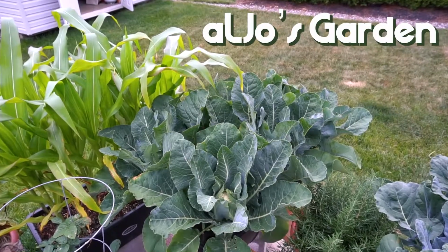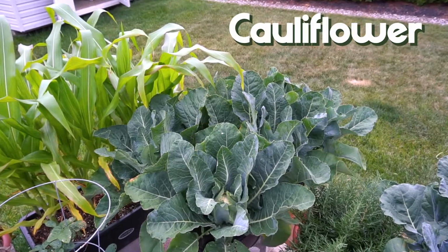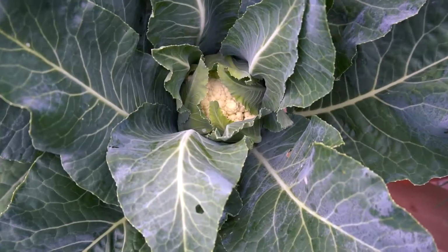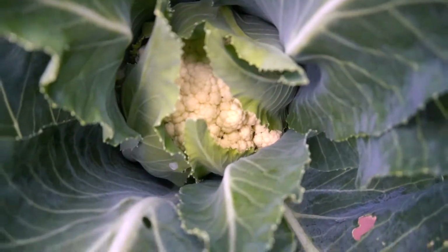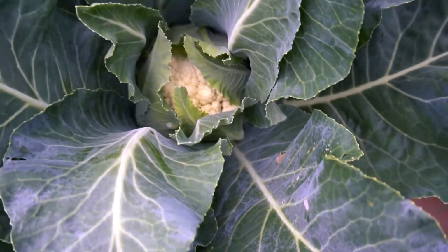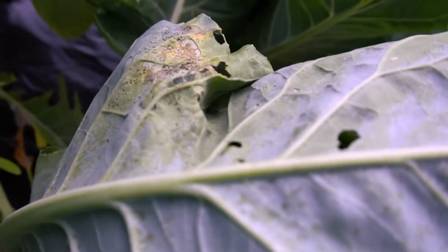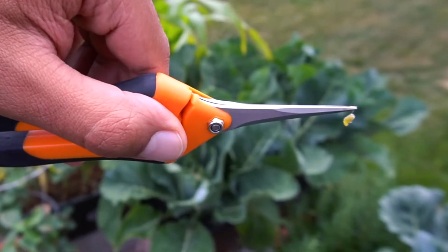Welcome back to my garden. I'm looking at my cauliflower today. I have 6 of them that I started from seedling and planted in this earth box container. They look great. The heads are starting to form, which is a great sign of what's to come, but I'm having some concerns. As you can see, some of the leaves are damaged, and in fact, they're getting eaten by